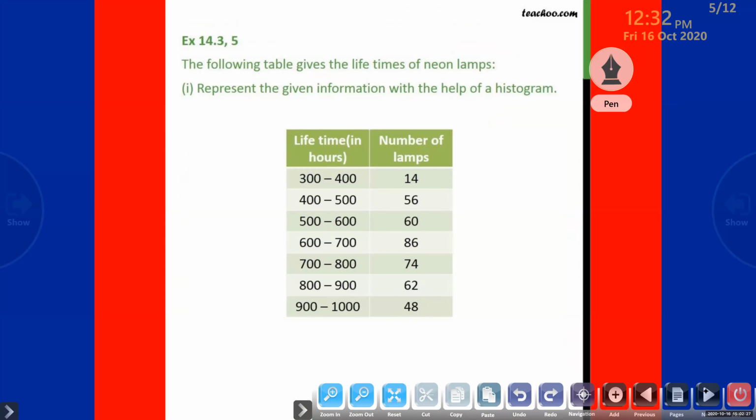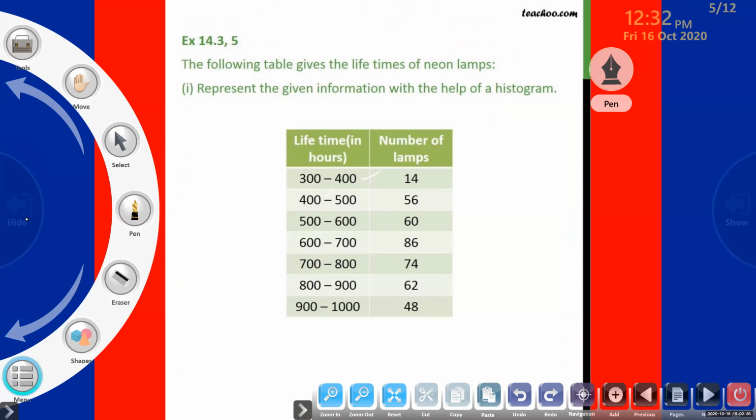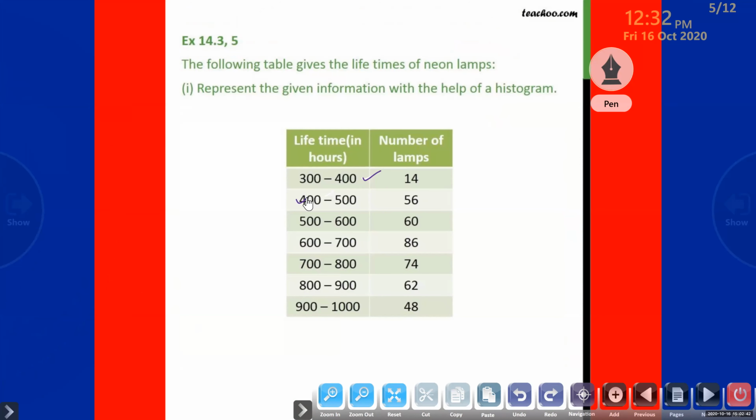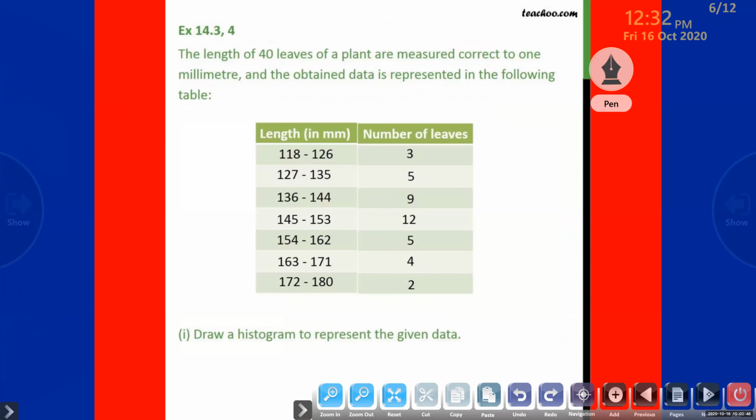Okay, children, this one is same, no continuities. There is a kinked line over here, 400, here also 400 starts. So this question, no problem. This question, it is same, 400, here also 400, 500, 500. So that, no problem. And what about this? Look at that, children. Can you see the table? Yes, ma'am. What is the specialty in that? It is not continuous.